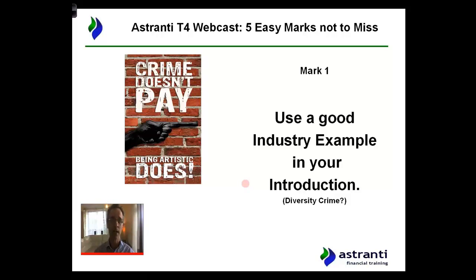And as a T4 marker, having marked a lot of scripts, I quite like the introduction to be in 2 paragraphs. Okay, I guess you can put the example in either one, but do make sure that it looks well and that you wrap the example around the unseen. Okay,